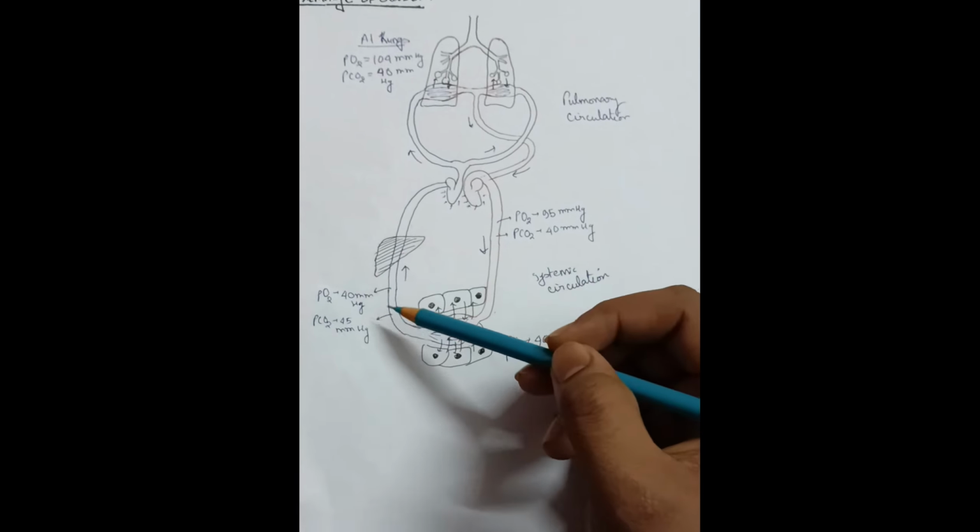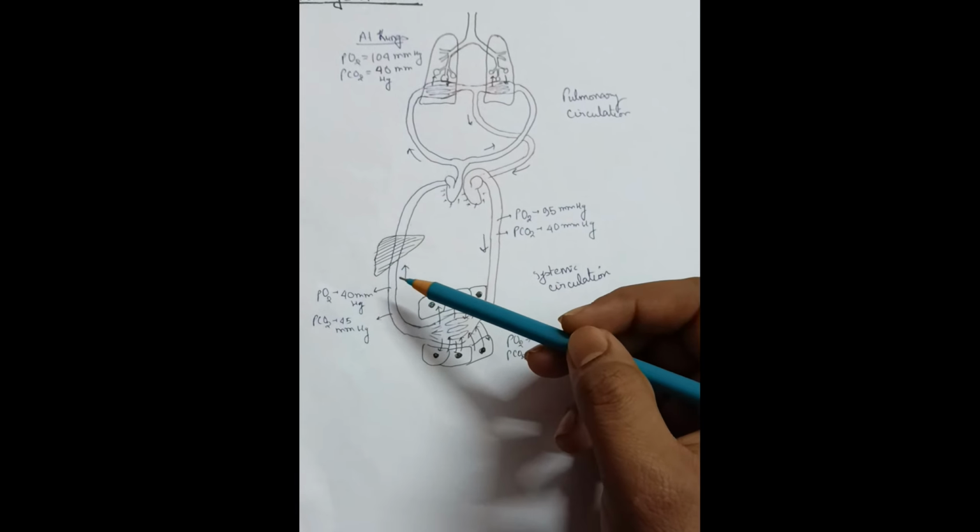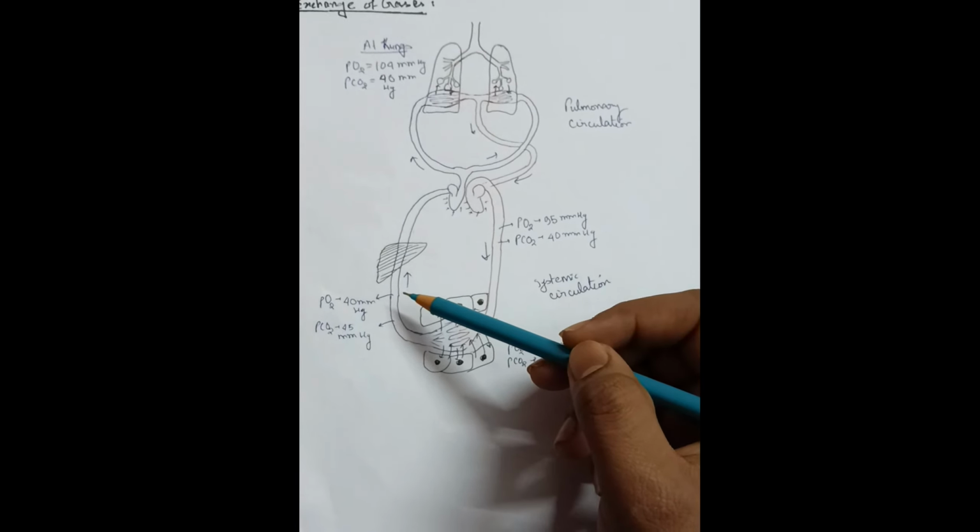Then it passes through the hepatic portal system and different veins, which then drain the blood into the right heart where the systemic circulation ends. Then the pulmonary circulation starts, and through the pulmonary artery it goes to the lungs and